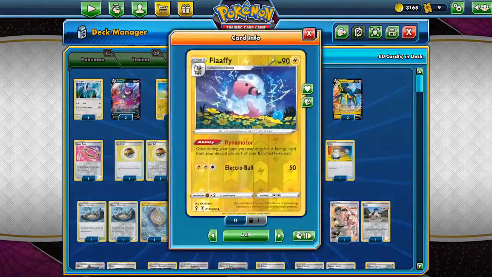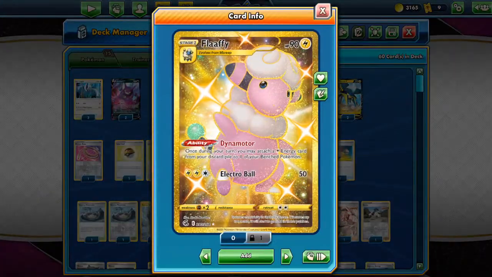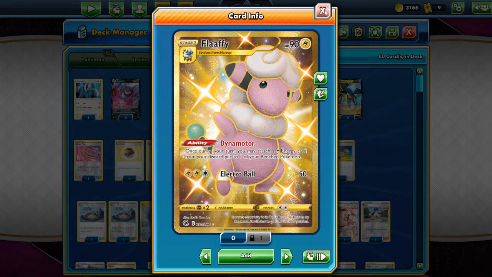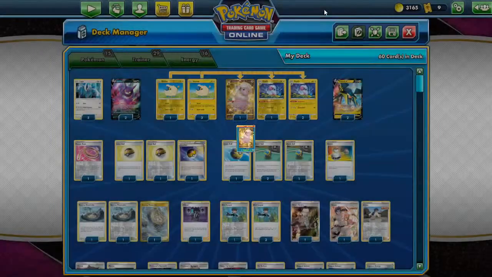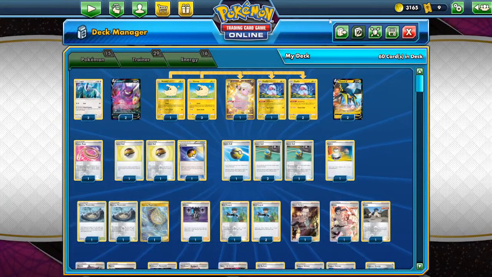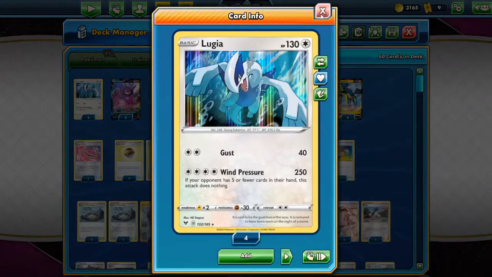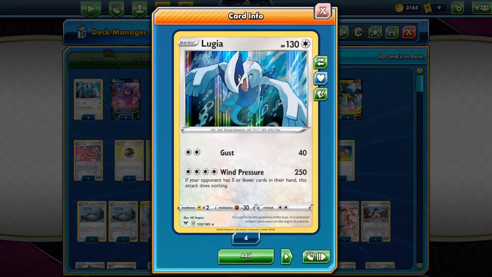We get to charge it up with our Flaaffy as well. The only Fusion Strike cards in this deck are the golden shiny Flaaffy from Fusion Strike, and also the Quick Ball from Fusion Strike. Nothing else is from Fusion Strike, I'm sad to say, but this deck is kind of the revival of our Lugia. So the revival of our Lugia Wind Pressure card from Vivid Voltage, trying to make this attack work again,